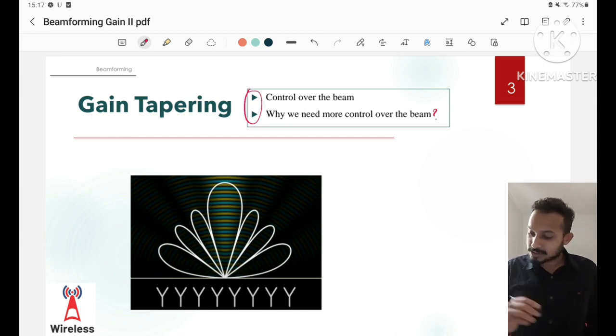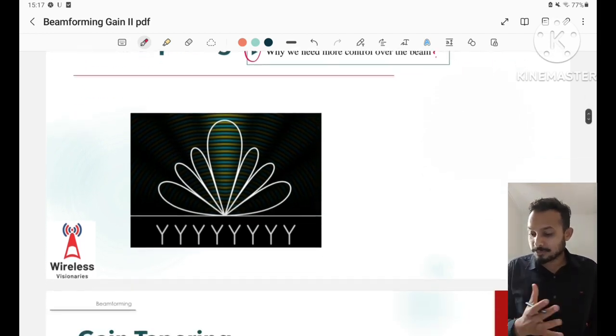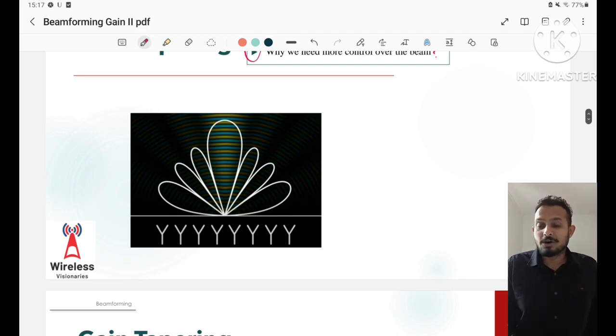And this is because our objective is not to make a directive beam and steer the beam, but we care about the signal we have received. So particularly how much signal we get compared to the noise and interference. And this interference can come from the nearby devices or from the reflecting surfaces or the devices that operate in